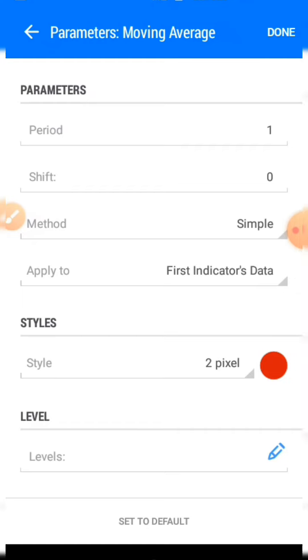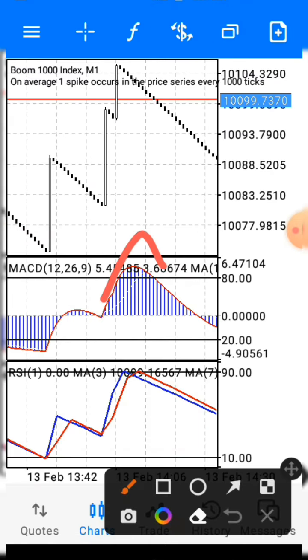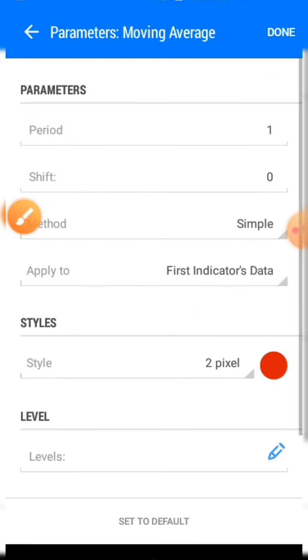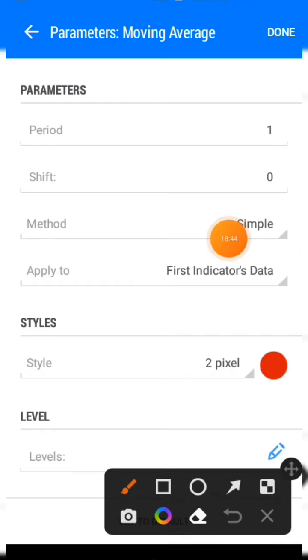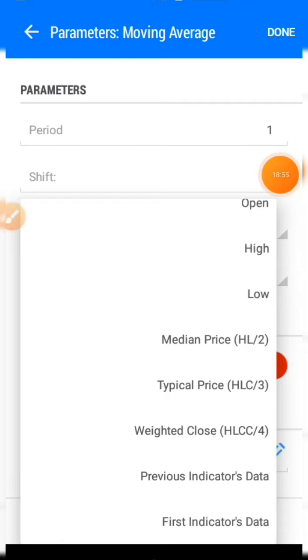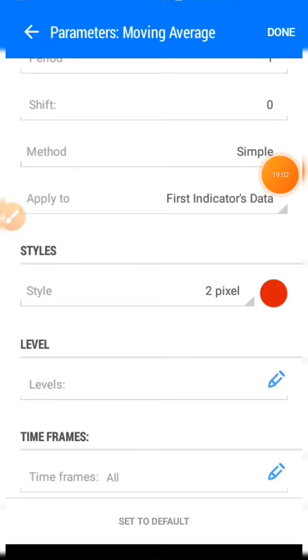That little line you are seeing on the MACD, let me show you. That moving average is this one right here, this red line. So this is how you are going to do the setting. The period is 1, shift is 0, method is simple. Here is the key point: this first indicator's data, click on it, and you choose the last one, first indicator's data. After that, you make the style 2 pixel, you make the color red,